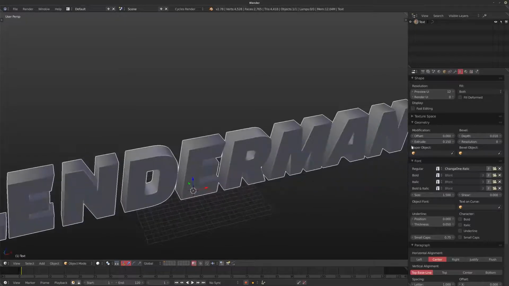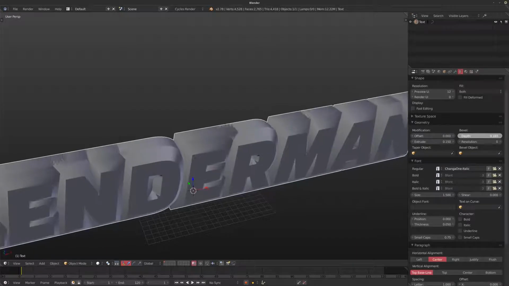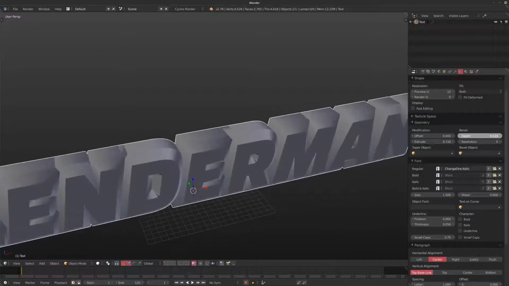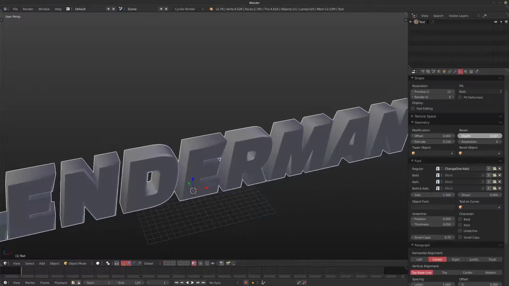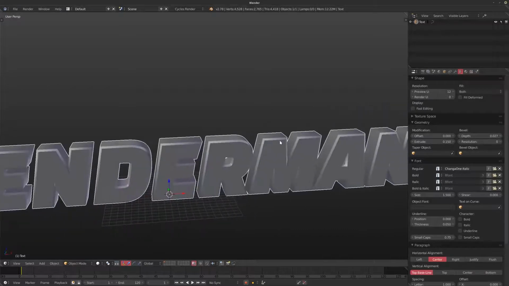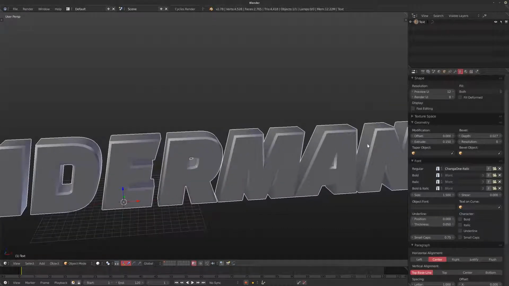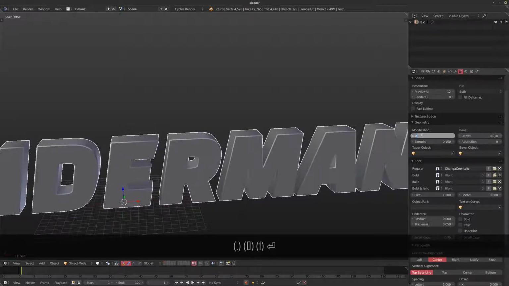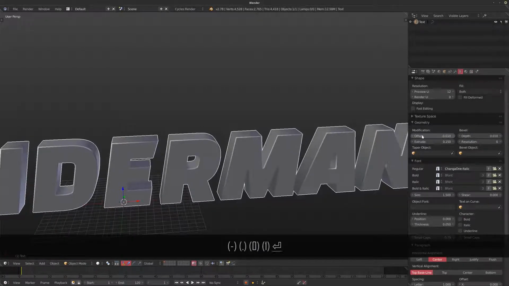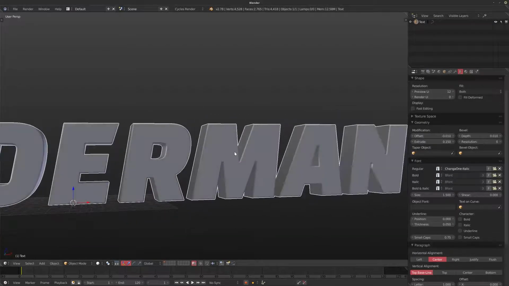So when I use the bevel, as you might have noticed, if I just up the bevel here, your text actually becomes larger. Now, I like trying to preserve the original volume of the font so that I have a good idea of what's actually going on in my scene. So whenever I use the bevel, let's say I put it back to 0.1, I'll use the offset with a minus 0.01, so it moves it back in, and then this is the original size of the font with beveled edges.